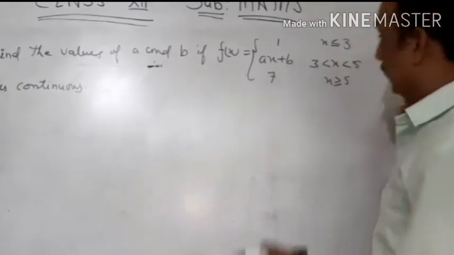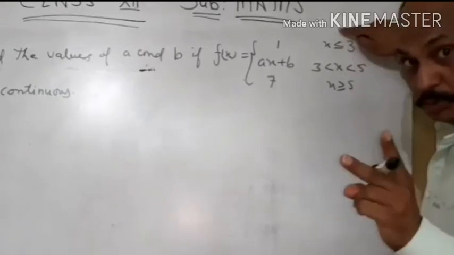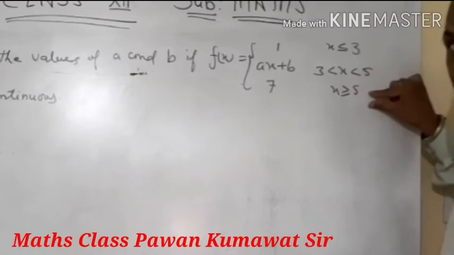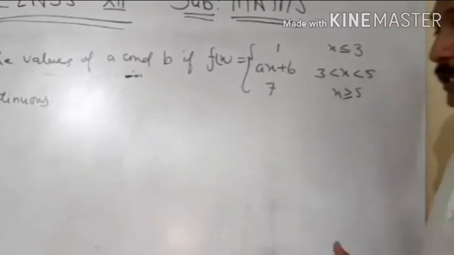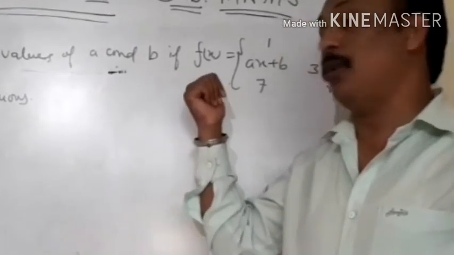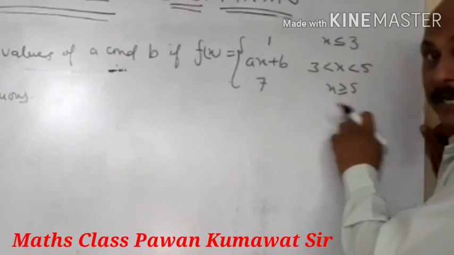In this function there are two numbers equal to x, 3 and 5. It means we can discuss continuity for this function at x equal to 3 and at x equal